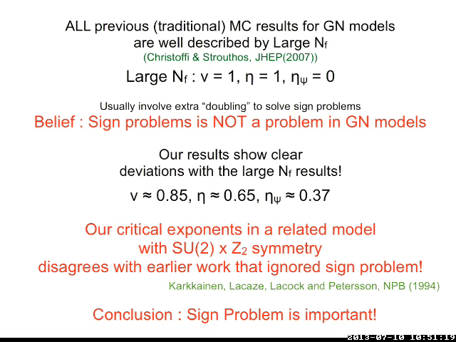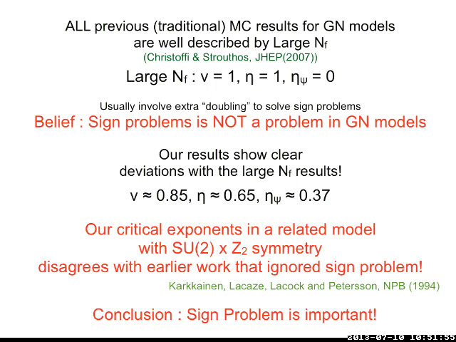And then they all believe that maybe the sign problem is not so important, and so one can actually believe that the Gross-Neveu model and the Thirring model were in different universality classes. We find that in one of these models we do get a different exponent, and as I told you, there's this other work with a Z2 symmetry where they ignored the sign problem, and they also got very similar results. Their nu was quite close to 1, and we believe the reason they got that was because they ignored the sign problem.